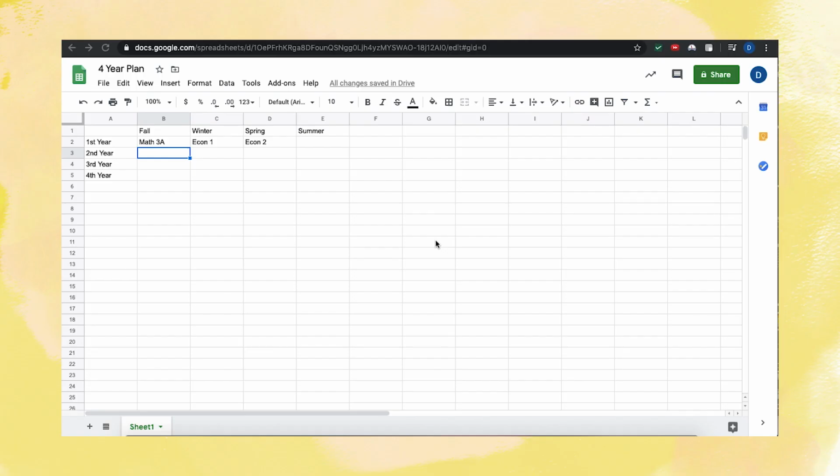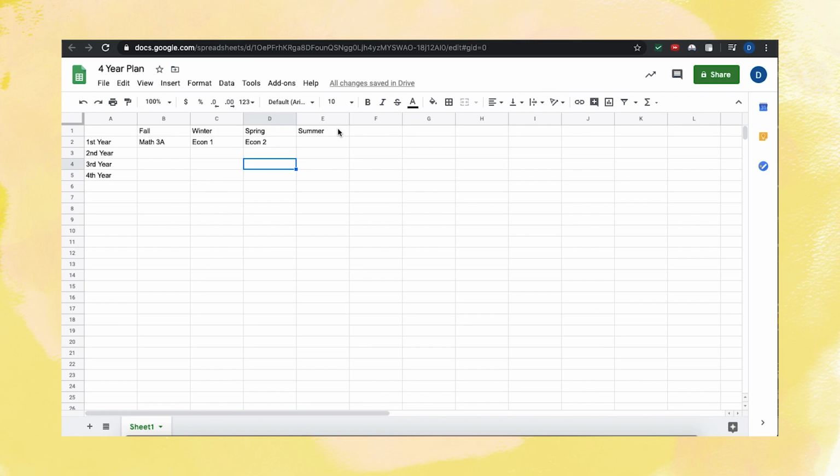So here's how you're going to create your 4-year plan. You're going to go to your Google Drive and open up a Google Sheet and just type in first year through 4th year in this column, and then in this row you're going to type fall, winter, spring, summer for each of the 4 quarters at UCSB. Summer is usually optional, so just keep that there in case you want to take extra classes one summer just